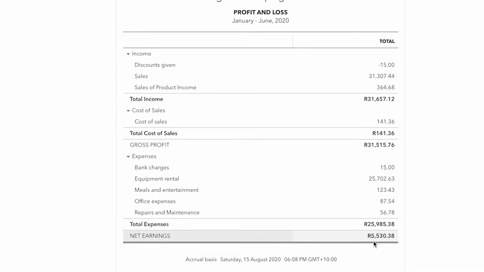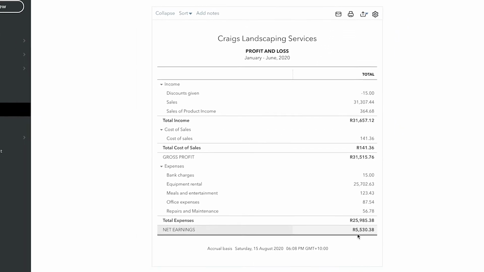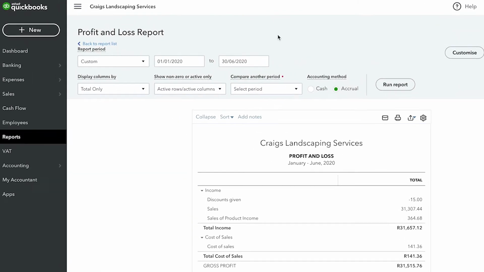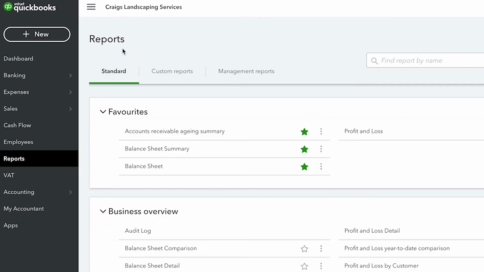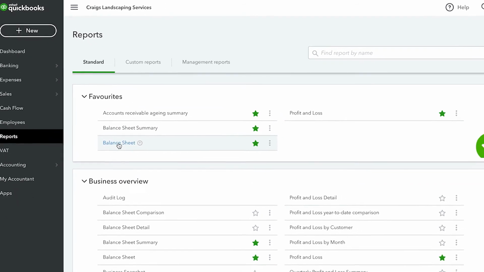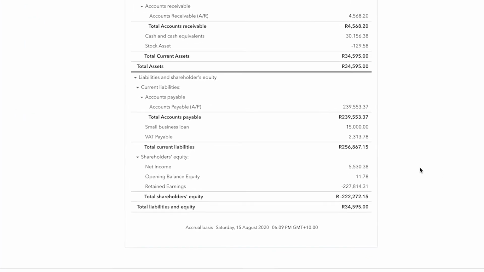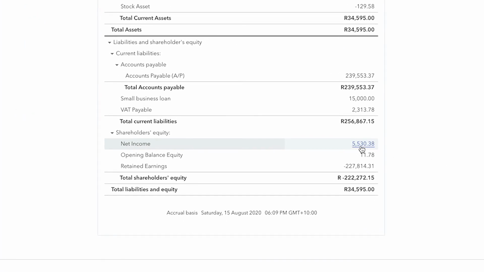Now let's take a look at the balance sheet, which displays more detail regarding your business assets, liabilities, and equity. The balance sheet is accessed by going to Reports and then Balance Sheet. Scroll down to the bottom of the balance sheet to the Equity section. Here, under Net Income, we can see the exact same number that was displayed on the profit and loss statement